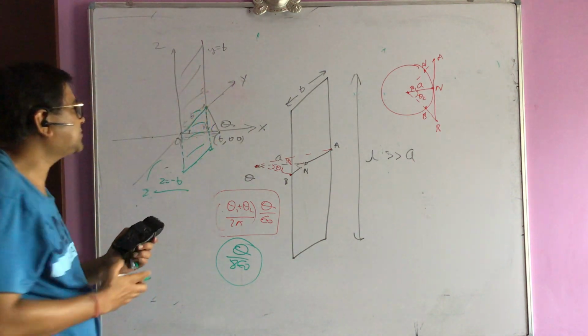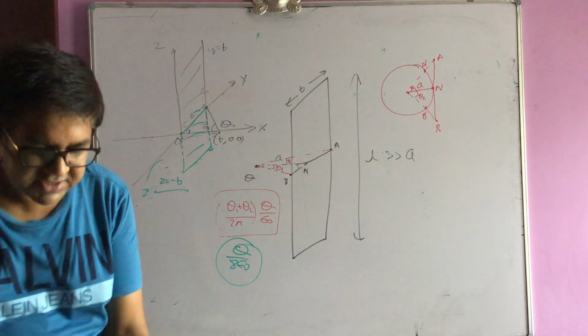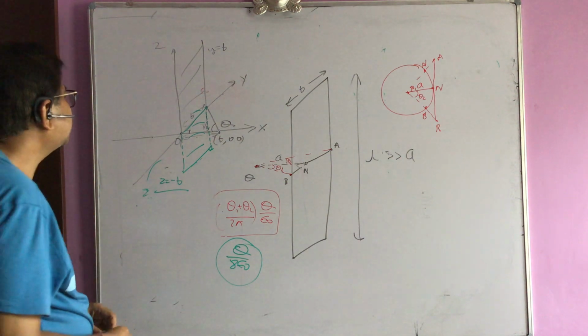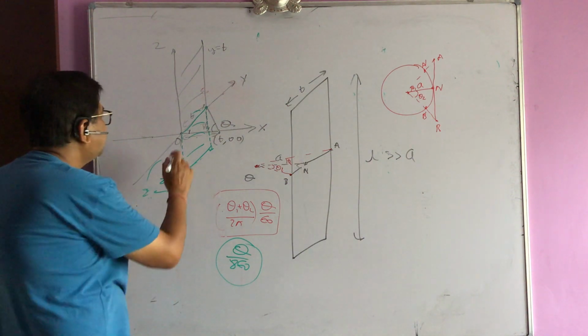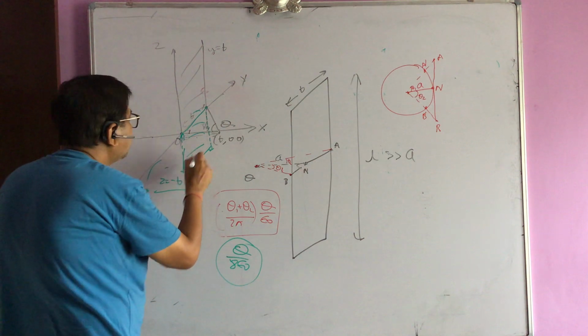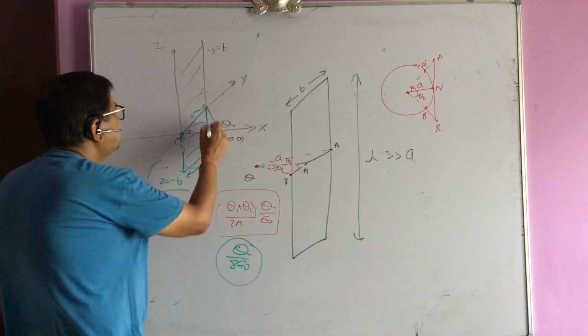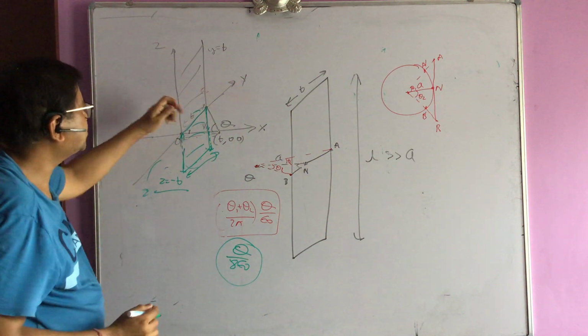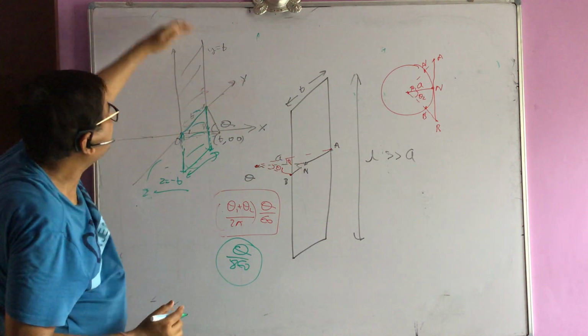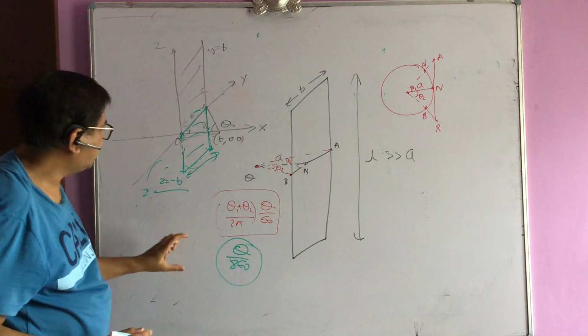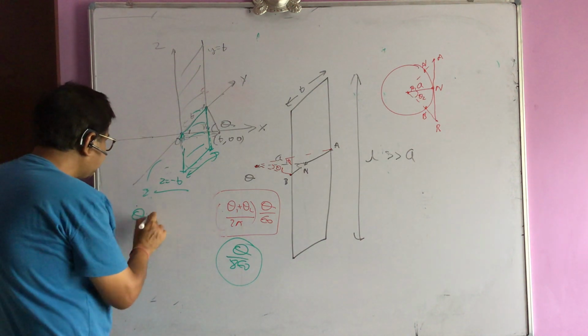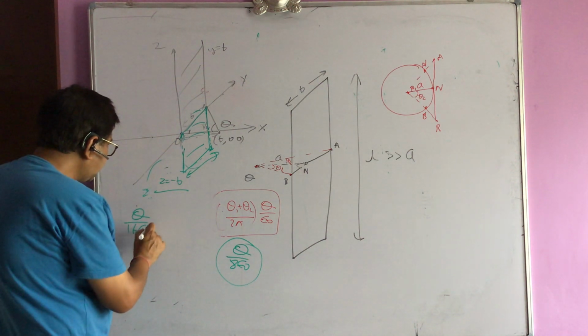Now what is the total flux for this? It's a very interesting situation here. You can see z is equal to minus b means this distance is b, this distance is b, and this width is b. If I only leave this part, this is a square. If it was from here onward till infinity, I know how to calculate the flux. That flux was q by 16 epsilon.